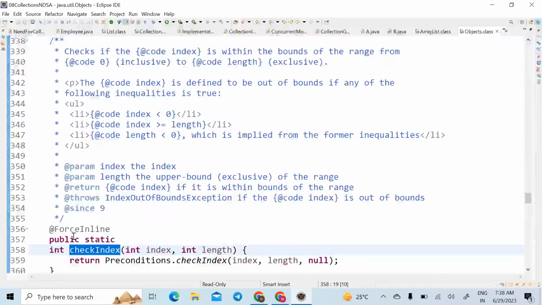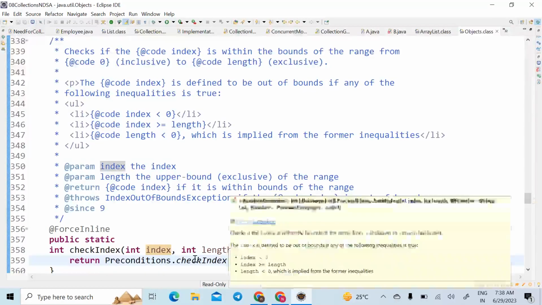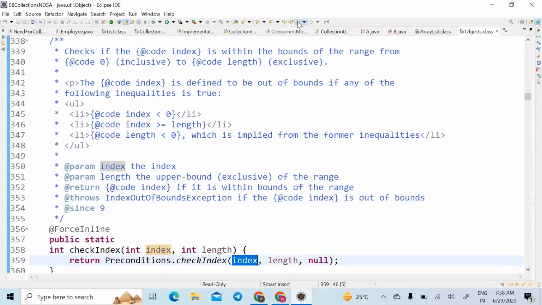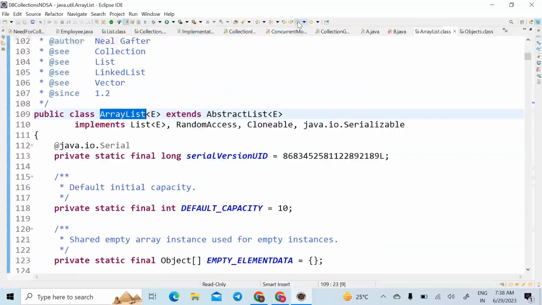Internally, it will check if the index is greater than the length, and it will throw the exception. If it is within the length or if the index is less than 0, it will throw the exception, right? Now, say that means in the get method and remove method, I have to write the same functionality,